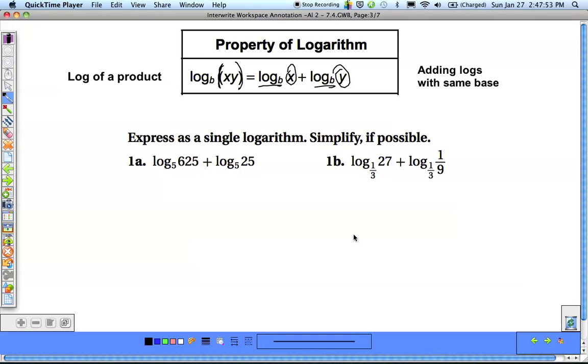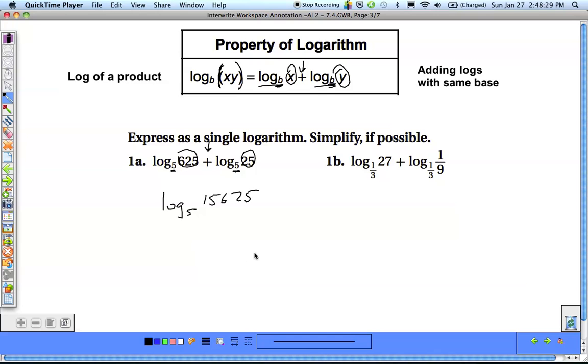We can also go the other direction: when we see that we have two logs that have the same base, we can rewrite it as a single log by just multiplying those two numbers together. The key thing to be able to combine these is, one, you have the exact same base and there is a plus sign between the two logs. So if we want to combine these to be a single logarithm, first thing we look for is the same base, so we can combine them. There's a plus sign in between the two. So when we see that plus sign between the two, that means we can multiply these two numbers together, which, when you multiply these two numbers, it's